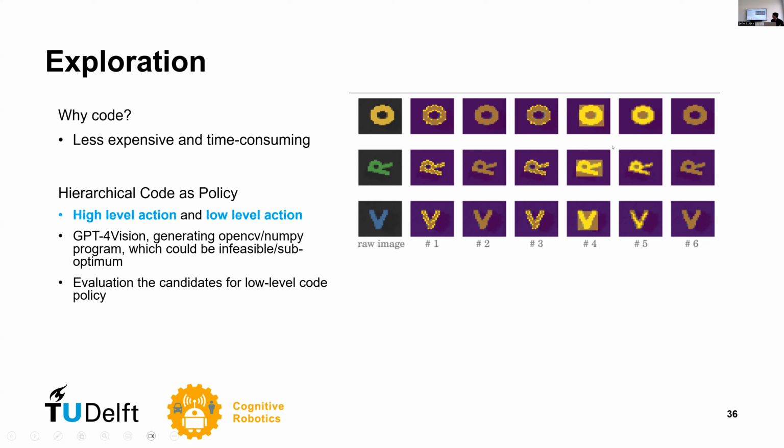And this one, it is badly got. So we let the large language model generate candidates, and we choose the best one. Even though it's the best one, it also has some suboptimal parts. For example, it wants the robot to pick in the center. However, it's not working. But it is not a big issue for us because we just use it as exploration. And for reinforcement learning, we can learn from those mistakes and work beyond that.